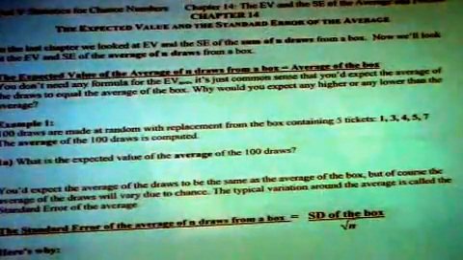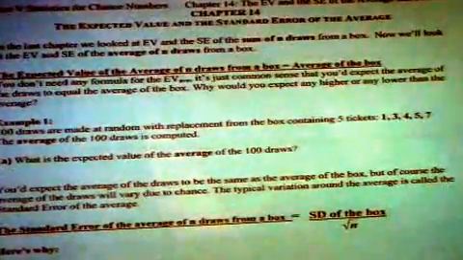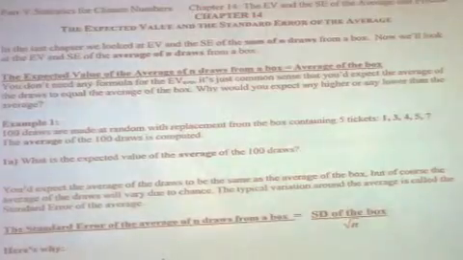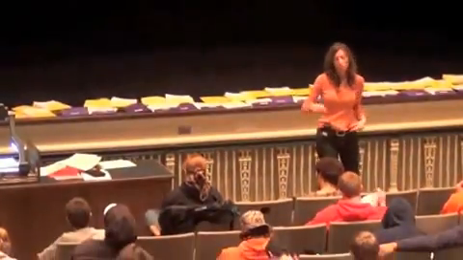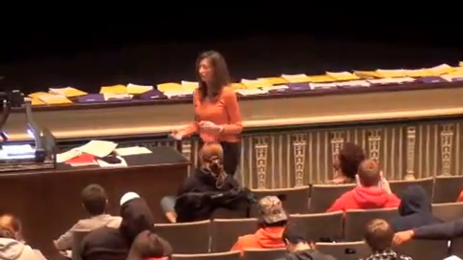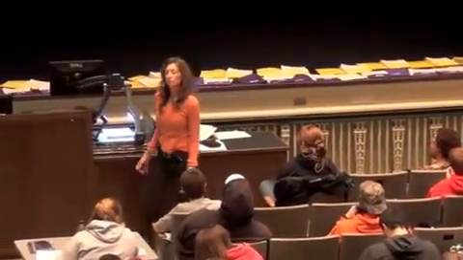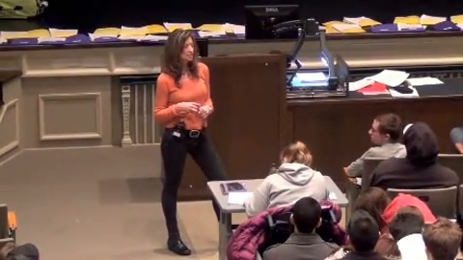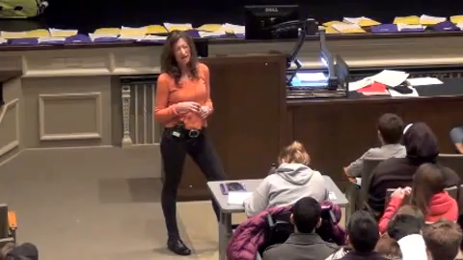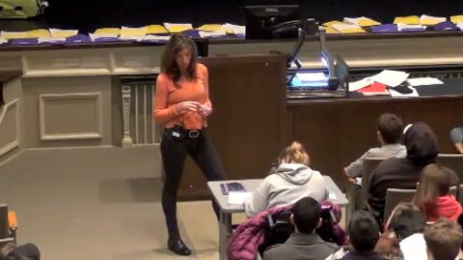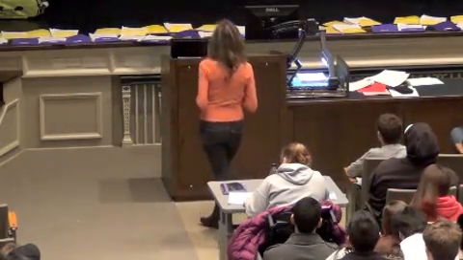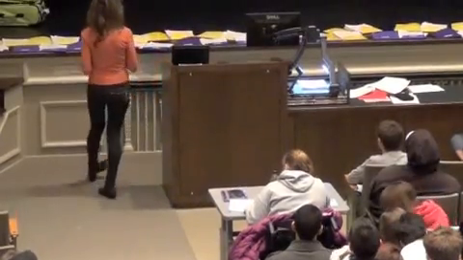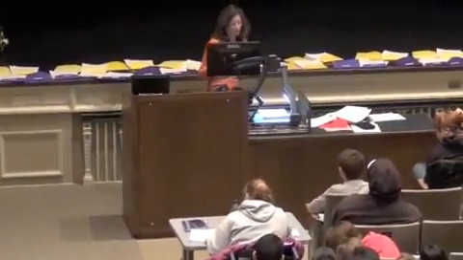Now, in gambling games, you're interested in your net gain or loss, in your winnings. So the statistic of interest was the sum. But there's going to be a lot of times where you're not interested in the sum. You're interested in the average or the percent. So let's look at how you would figure out the expected value of an average.